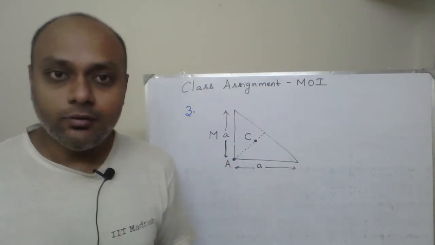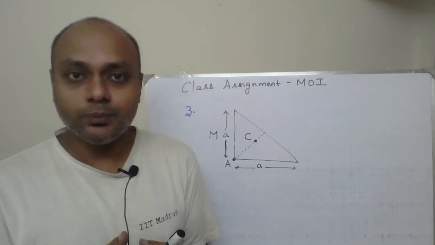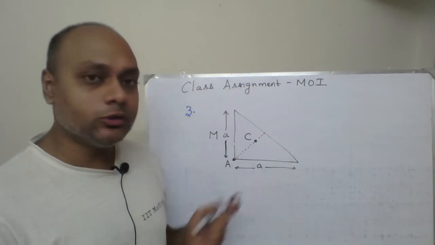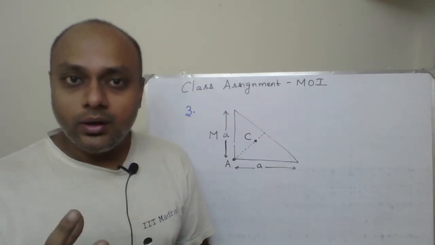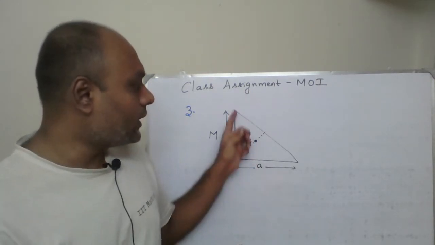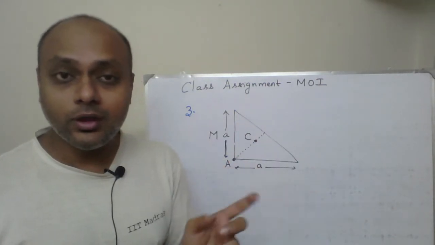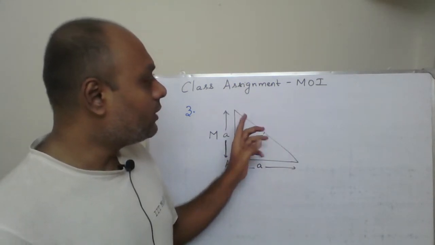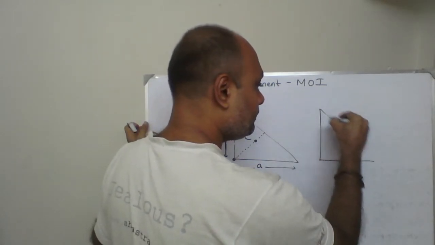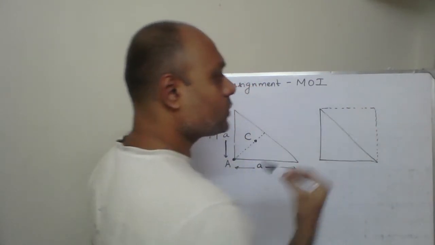Now this question itself, I'm going to approach in two different ways, in which you can make certain constructions and obtain the moment of inertia for this particular triangular sheet about axis passing through A. So in one method, I'm going to construct a known shape first, because a triangular sheet is not a known shape for which you remember the moment of inertia. So we'll think of a square. We have a triangle, we'll construct one more triangle symmetrically so that a square will be generated. So this is the given triangle. I'll construct one more triangle like this so that this will complete a square.